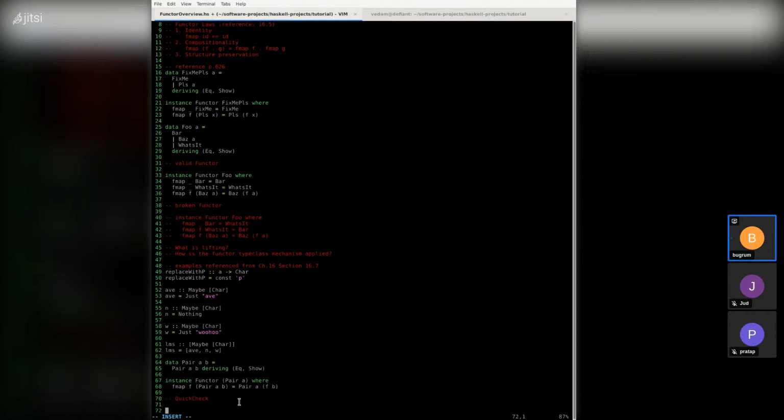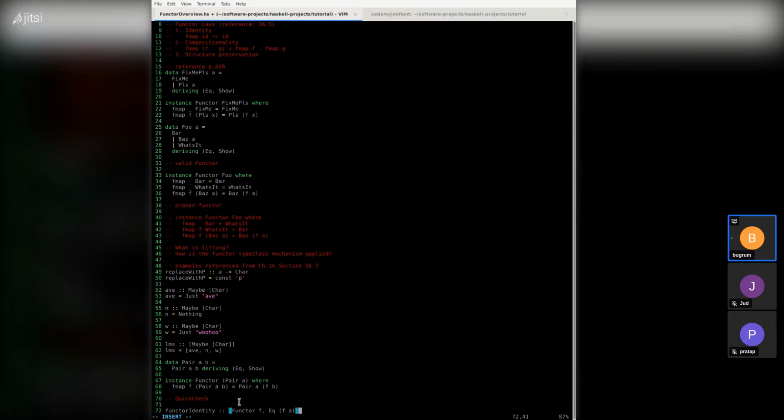So let's go ahead and do that for our two laws that we want to make sure that we deal with. One is functor identity, which is going to take a functor f, right? Take in a type that's going to be equal. You want to make sure that whatever you return from the functor that you're applying is a type